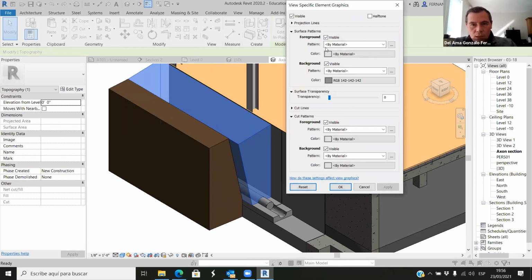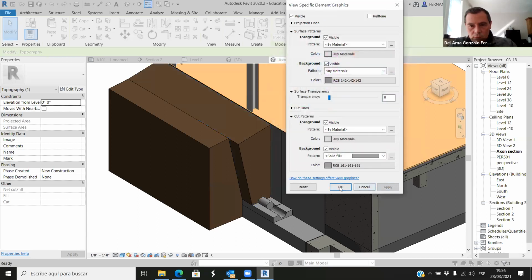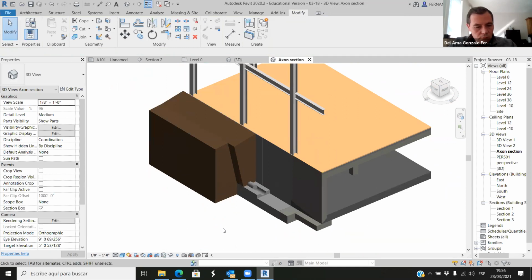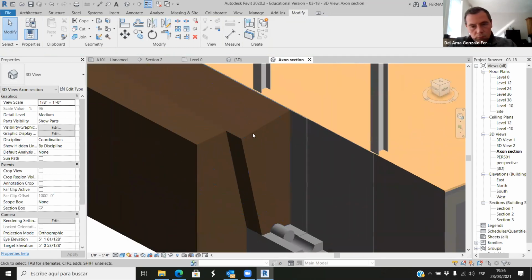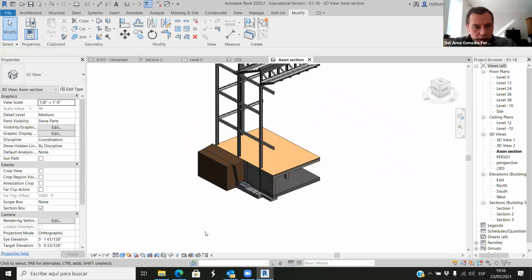It's in foreground and the background and the cut patterns, the background. Solid fill. Oh, probably it doesn't change because this is locked. No, I don't know. Okay, it's not relevant now, changing the colors,